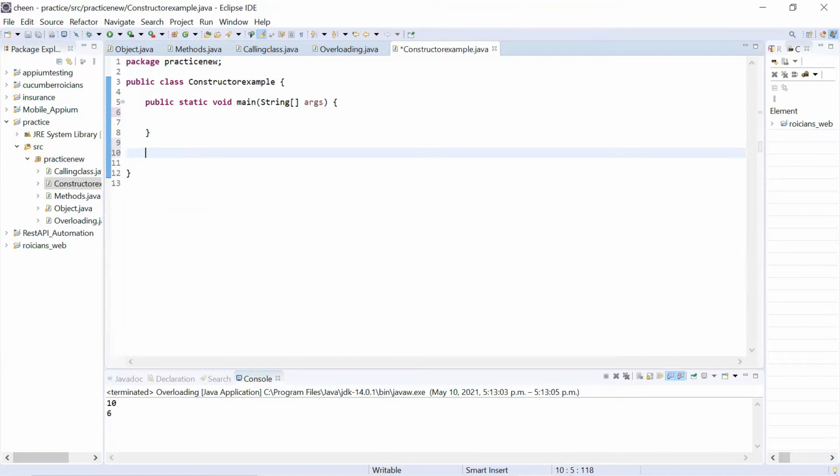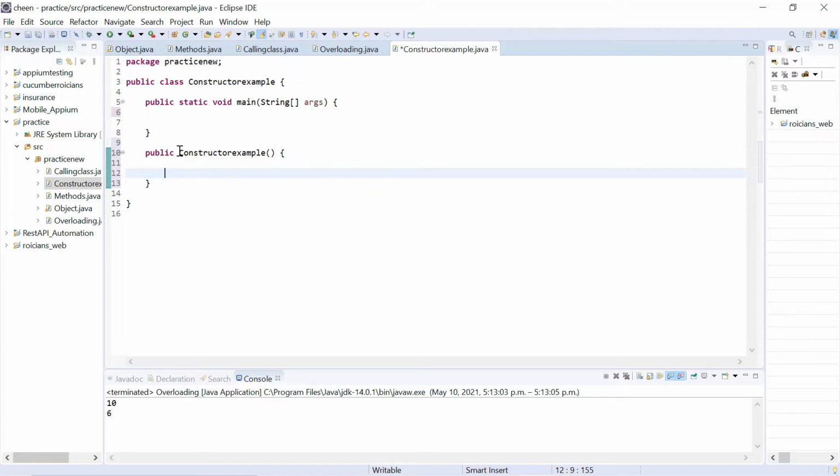So here, how to create a constructor? You will write the public access modifier. The access modifiers which you can associate with it are public, private, default, and protected. You can use these according to your requirement. I'm creating a public constructor. So public, then the name of the constructor. The name of the constructor must be the same as your class name. In this case, my class name is ConstructorExample, with a body. So your constructor is created.